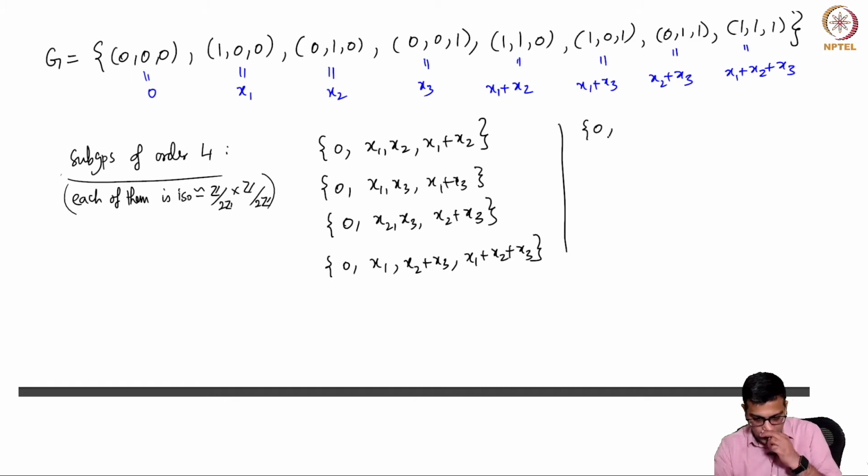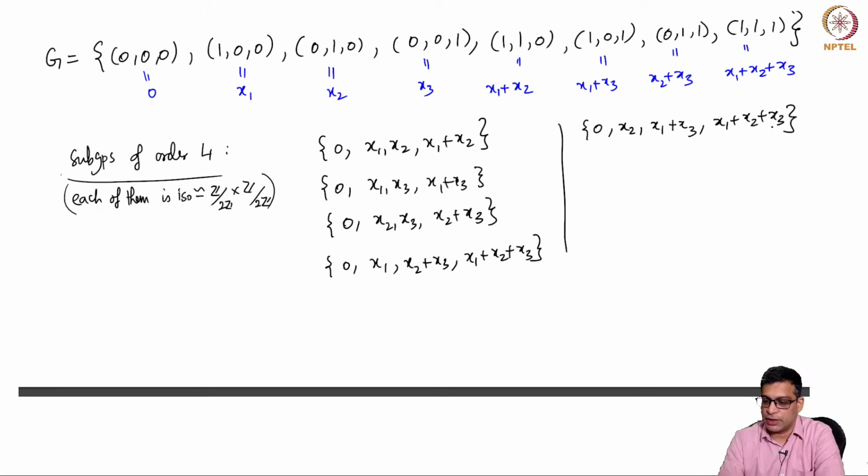Then I'll take 0. If I take x1, I have already 1, 2, 3, and the remaining 2 elements will cover all the 6 remaining elements: x2, x1 plus x2, x3, x1 plus x3, x2 plus x3, and x1 plus x2 plus x3. So then I'll take x2, let's say. I've written x2 with x1 and x3, and I have x1 plus x2, x2 plus x3. So I can take x1 plus x3. So I do x1 plus x3, then I get x1 plus x2 plus x3. As you can see, this is different from any of the things that we have written.